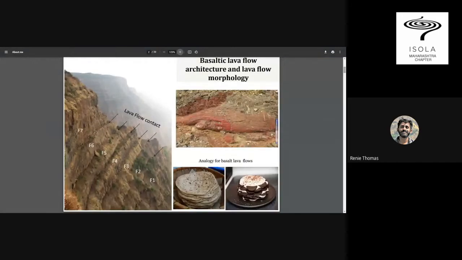And there are some telltale features on the ground, like the ropey pahoehoe flow to the right, which is basically a reddish, slow moving lava. Sometimes people ask me, how does this landscape actually help you to understand how groundwater flows? So for giving an analogy, I usually use these two slides, two pictures.